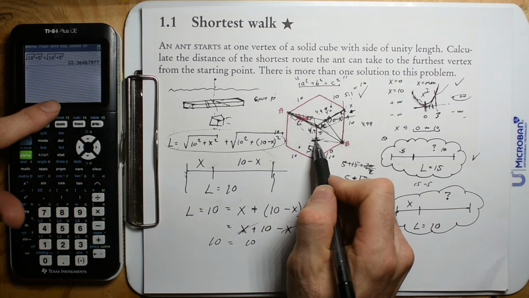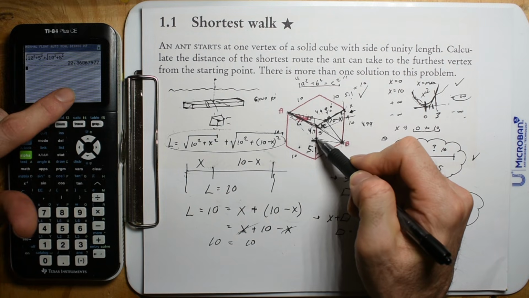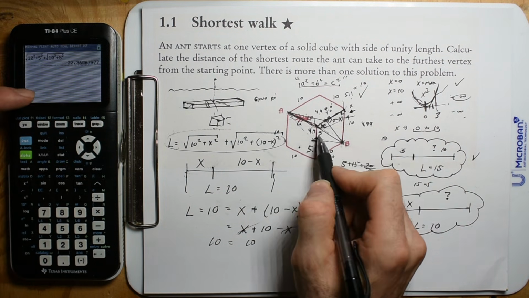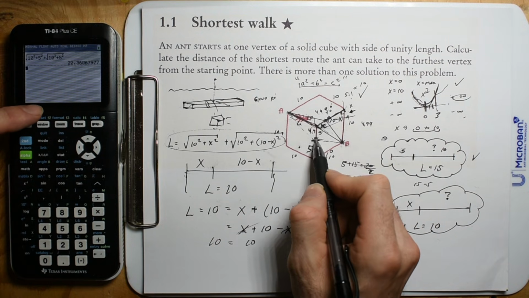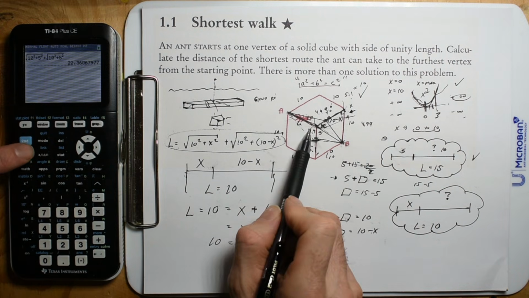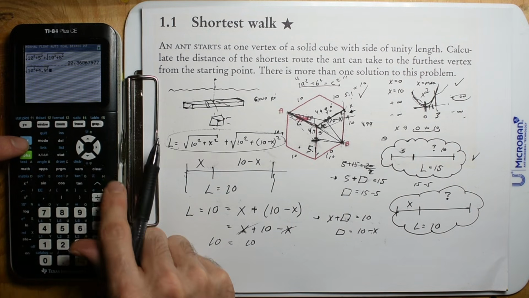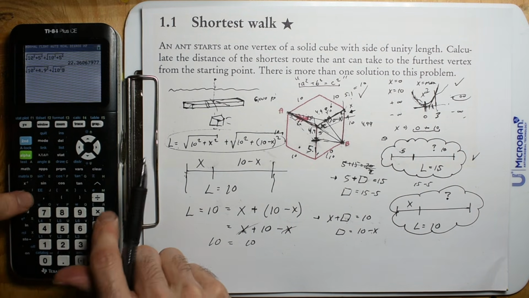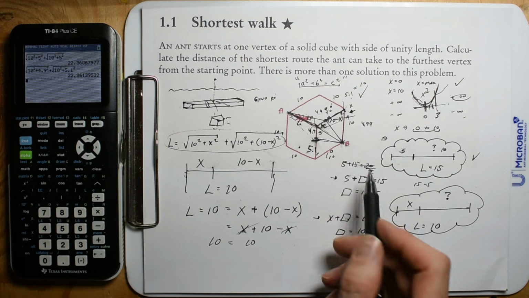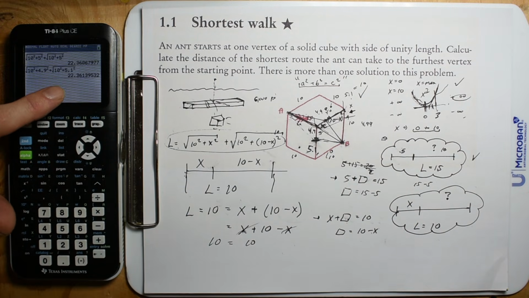So back to it, we chose the middle point. We have a total length of 22.36. Now we're just going to move it just a tenth of a unit. So we have 4.9, and then for this triangle we have 5.1. So we're going to be moving along those hypotenuses. So we have the square root of 10 squared plus 4.9 squared plus the square root of 10 squared plus 5.1 squared. And hell yeah, when we do that, we get a longer distance. So that right there,